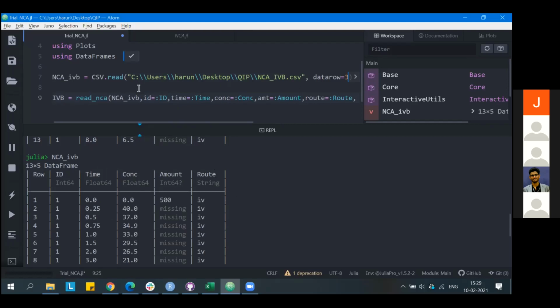So that is what I'm telling the system: match this ID with my column ID, from where all the entries should be taken for the NCA subject.